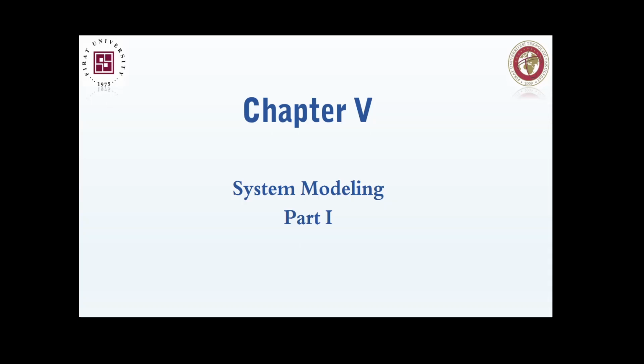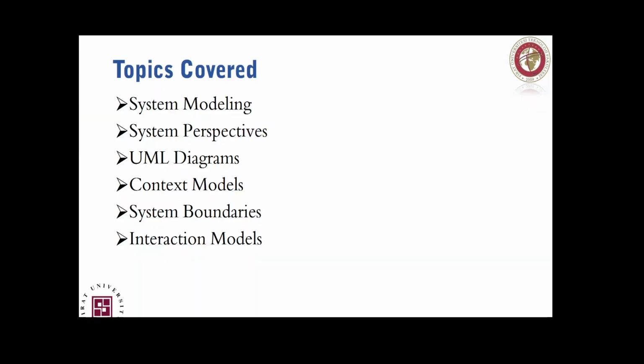This is chapter 5. We will be discussing the topics related to system modeling, and we will just address the first part of it. We will speak about a number of models within this chapter, but in the first part we will speak about particularly two models. So we will go through the topics covered: system modeling, system perspectives, UML diagrams, unified modeling